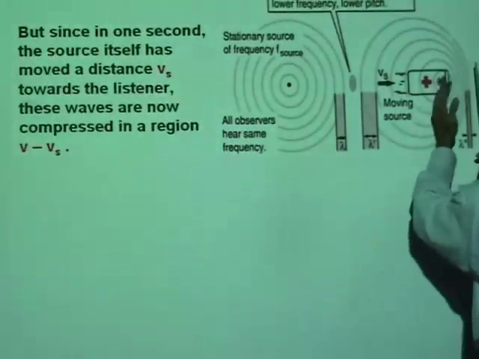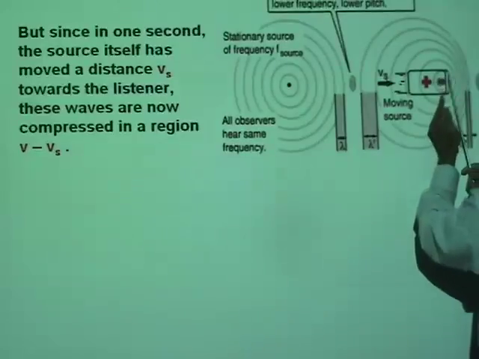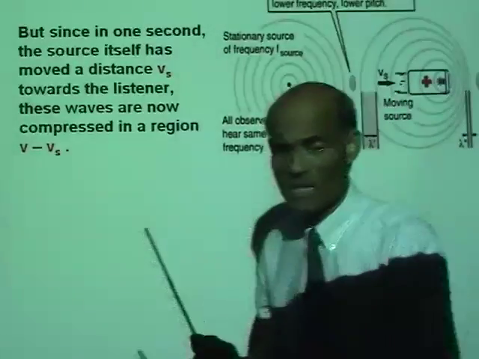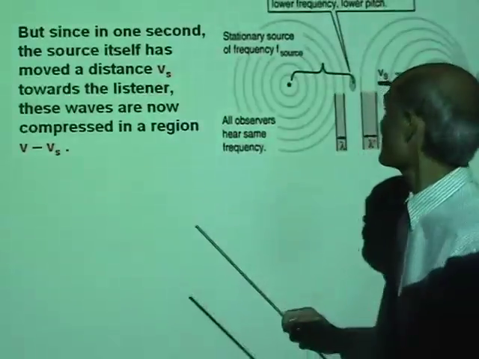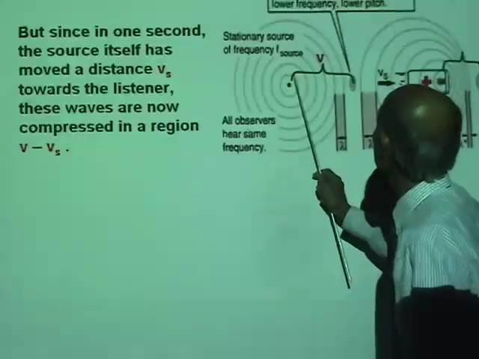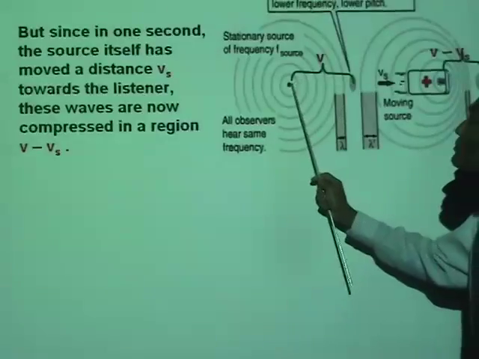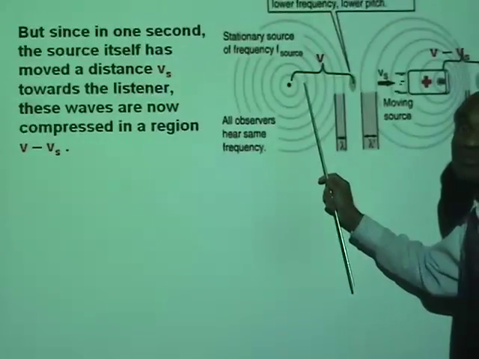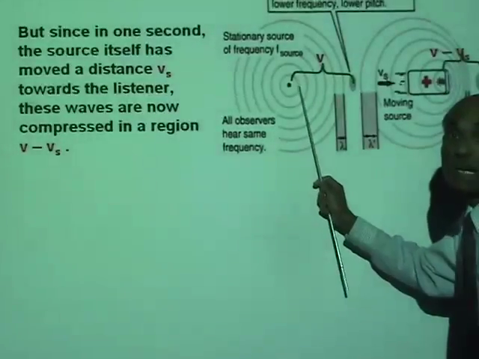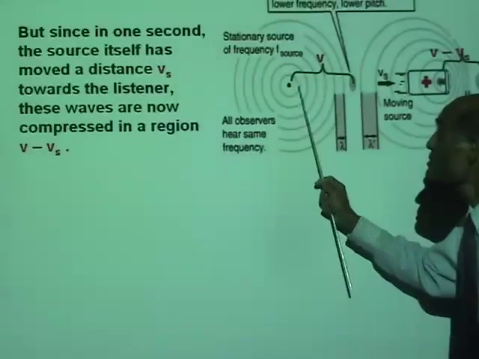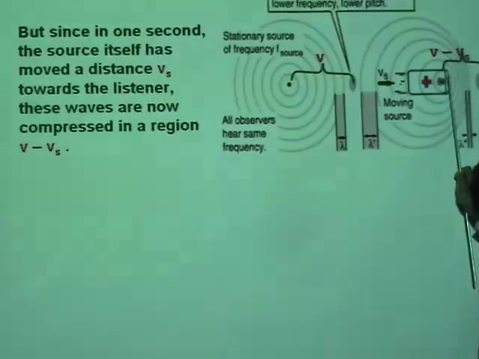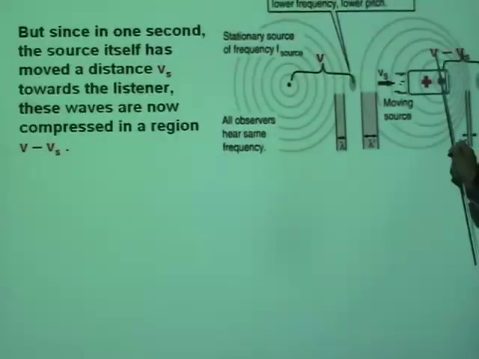There you are. These waves are now compressed in a region V minus Vs. Now this is V, this is V minus Vs. So all these waves which were originally spread out in a distance V are all now compressed in a distance